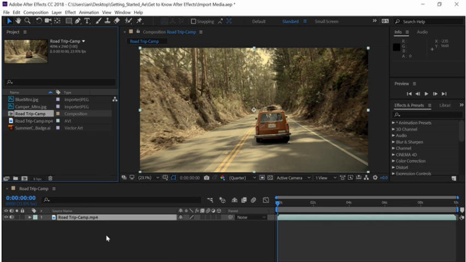So as you can see, there are plenty of different ways you can import files into After Effects. The most important thing to remember is the fact